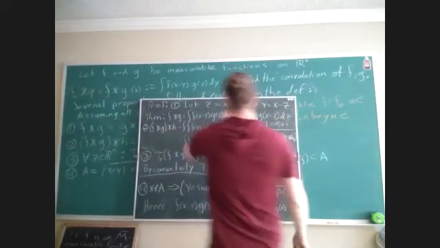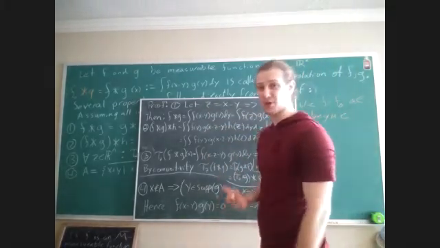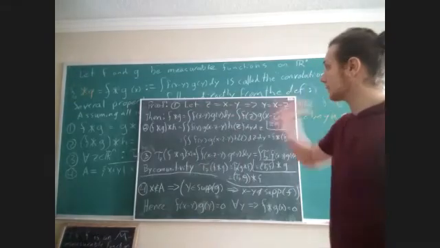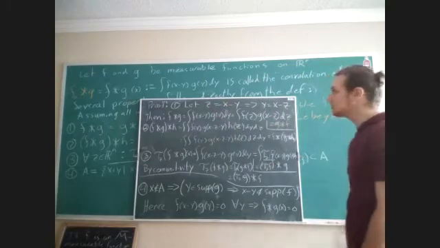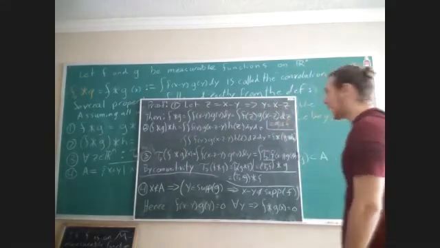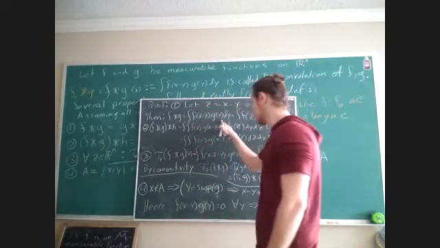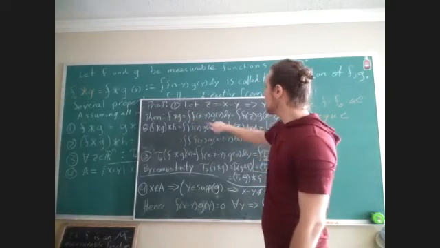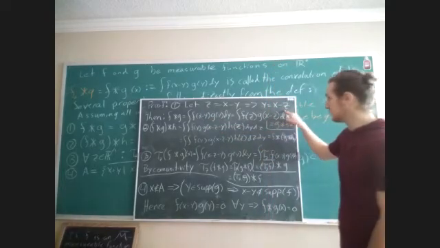Okay. So the first one, we're going to do basically the same trick that we do in Calc 2 with u-substitution. We're going to let z equal this x minus y, which would tell us that y is equal to x minus z. So then we get that the convolution of f and g is equal to, by definition, the integral of f of x minus y, g of y. Then we're going to replace the x minus y with z, and we're going to replace the y with x minus z here.